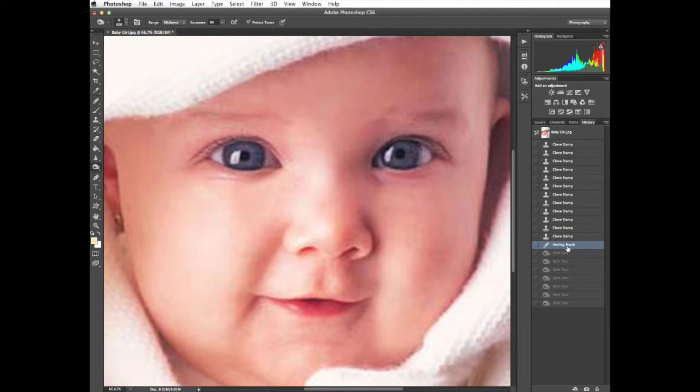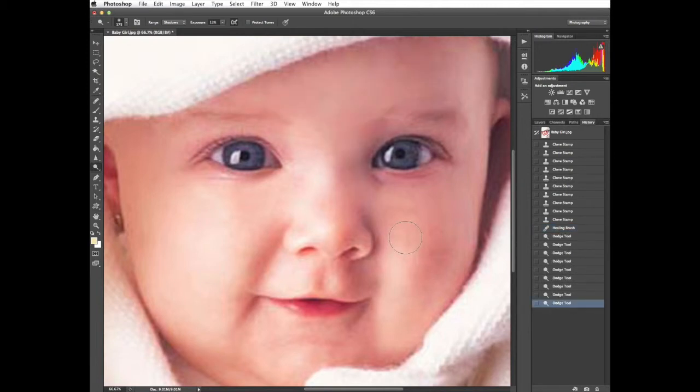The next thing I'm going to talk about is the dodge tool, situated in the same area as the burn tool, but it's just right, it's dodge. Okay, so if I click that and do the same thing as I did with the healing brush tool, with the burning tool, you can see that it's actually making it lighter. Again, the great thing about that is that you get more control if you want to lighten certain areas of the image. So if I want to lighten this, etc. So if I go back,